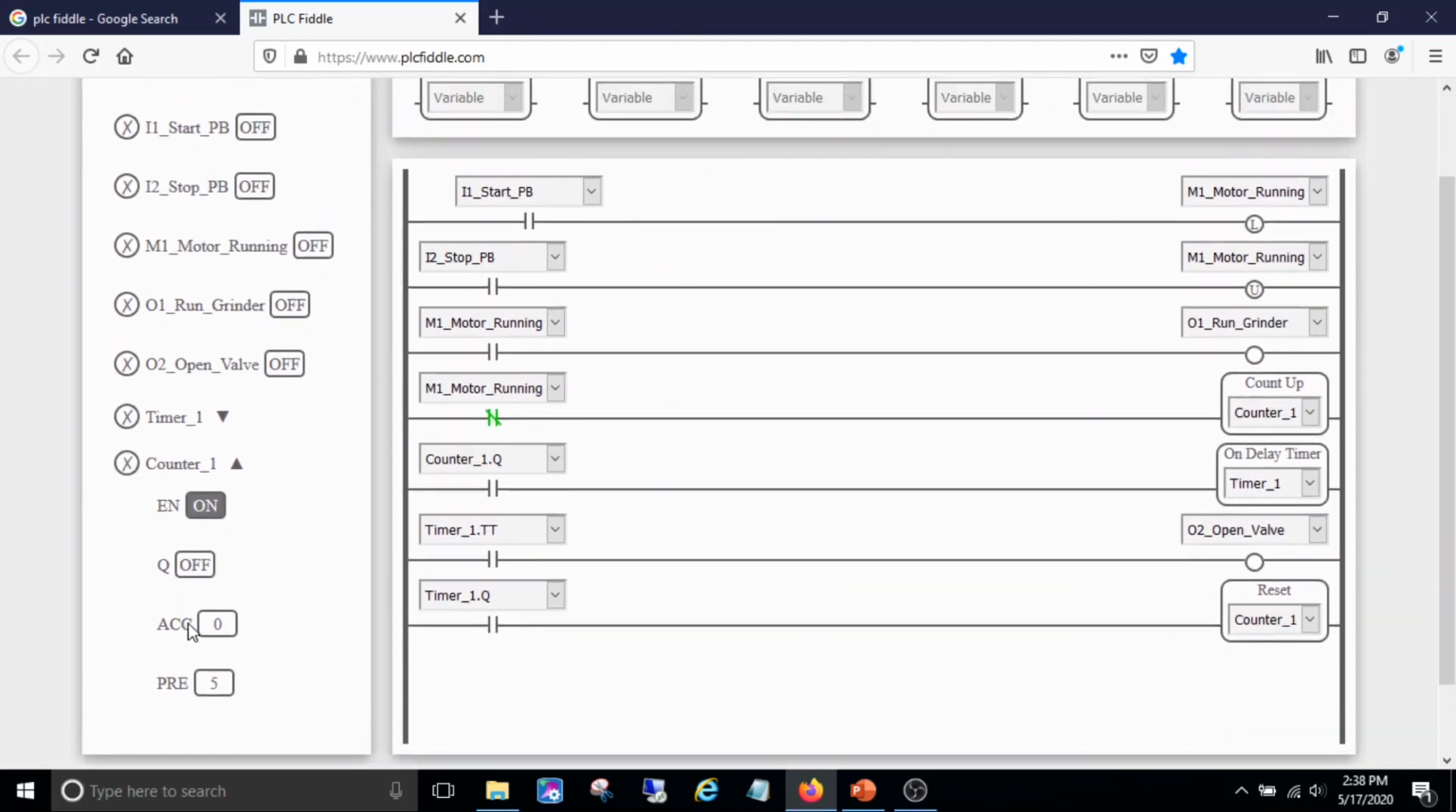Start the motor. Counter's on 0. There's 1 time, 2 times, 3 times, 4. Alright, the motor's running right now for the 5th time. The way I have it programmed with this normally closed contact, it's not going to count till I stop the motor. But once I stop it,